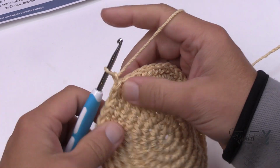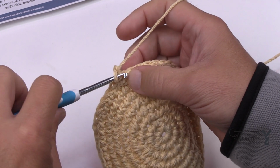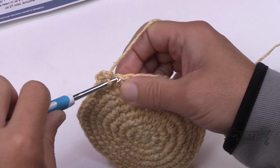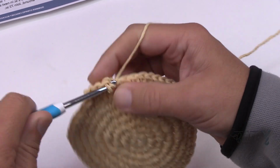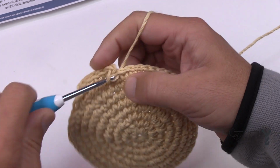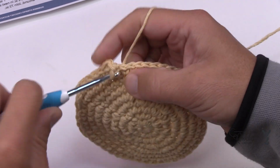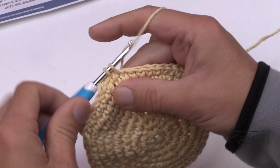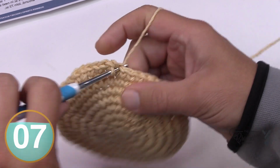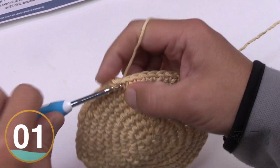You're going to chain up 1 and the increase is going to change. So we're going to put in 1 single crochet into the next 5 stitches. So 1, 2, 3, 4, and 5, and then 2 single crochets into the next stitch. So the sequence for number 9 is 5 by itself. So we have 1, 2, 3, 4, 5, and then 2 into the next. Please repeat this all the way around for round number 9, and I'll pick you up on round number 10